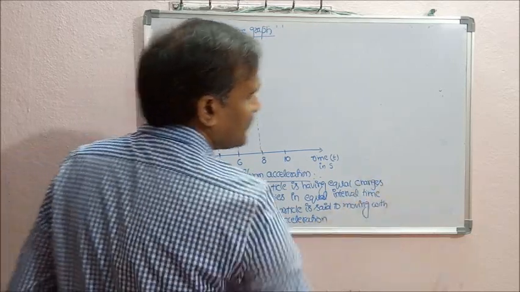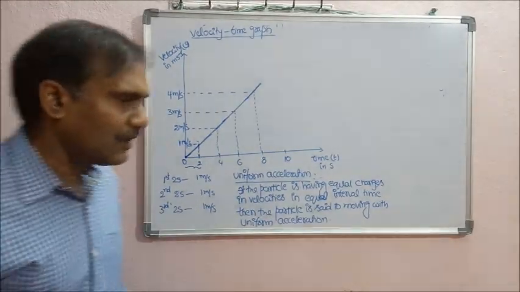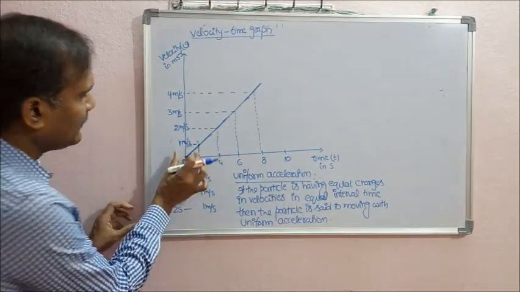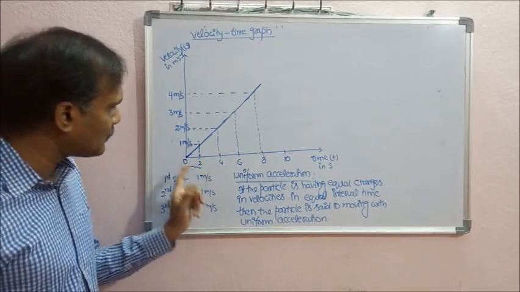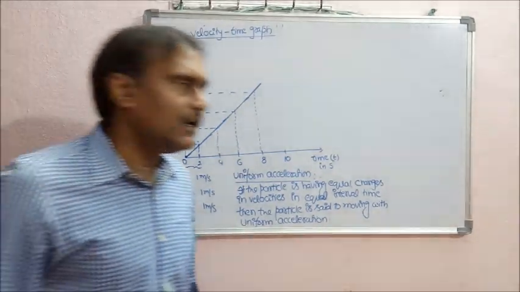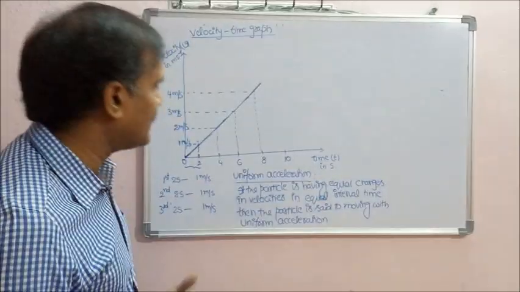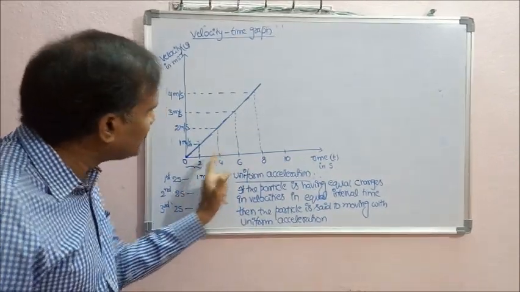The particle is said to be moving with uniform acceleration. Now, during this time interval, what is the change in velocity? 1 meter per second. Here also 1 meter per second. Here also 1 meter per second. Now find out the average velocity during the time interval t is equal to 2 seconds to t is equal